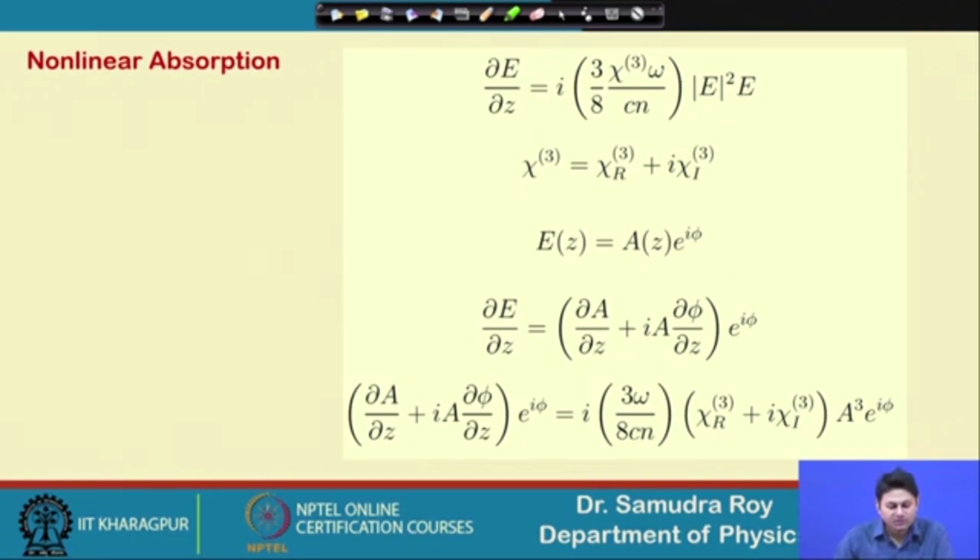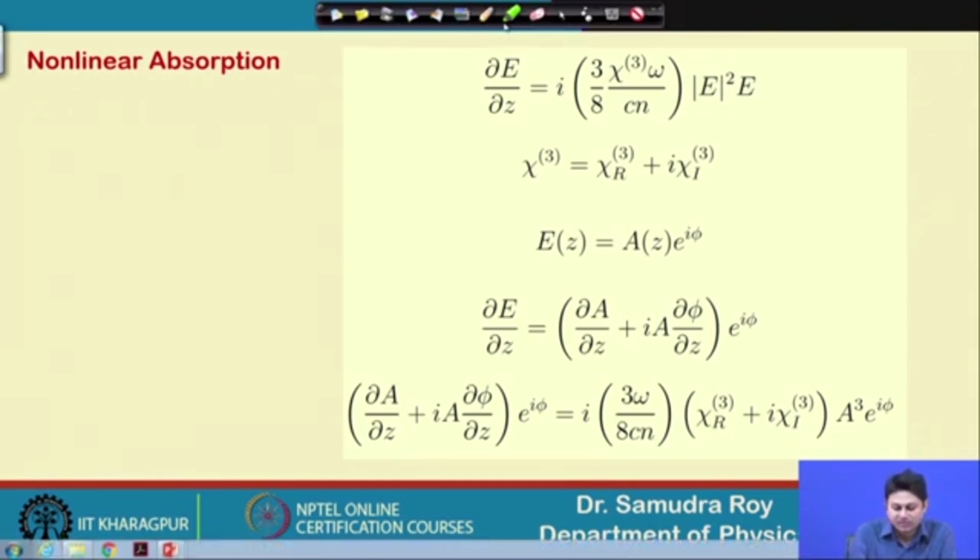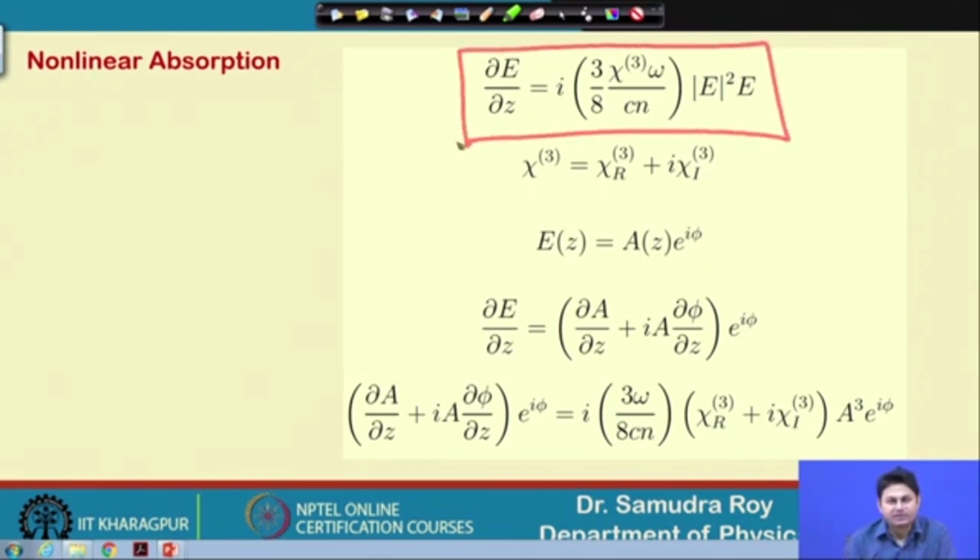So, this is the equation. We start with the equation that we derived for self phase modulation. This is a naturally phase matched equation, and once we have a naturally phase matched equation, there will be no e to the power i delta k kind of term. So, only the exponential terms are there. So, now what we will do,